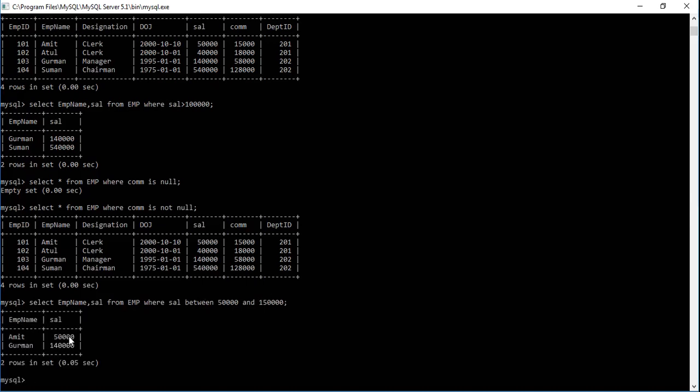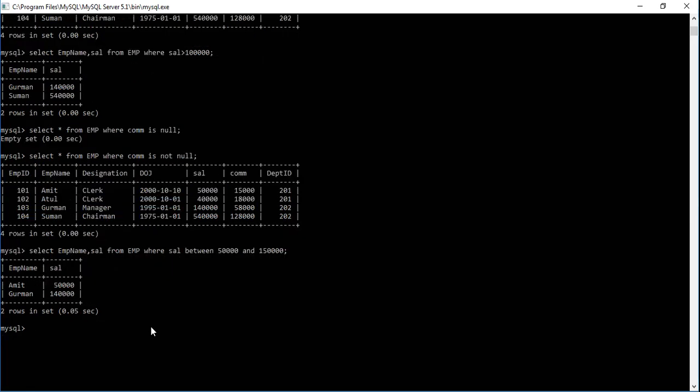So we'll get two entries, एक 50,000 वाली और एक 1,40,000 वाली. Amit and Gurman are the entries here, right? So between will find out the values lying between these two values, including these two values. It starts from 50,000 and it ends up to 1,50,000.